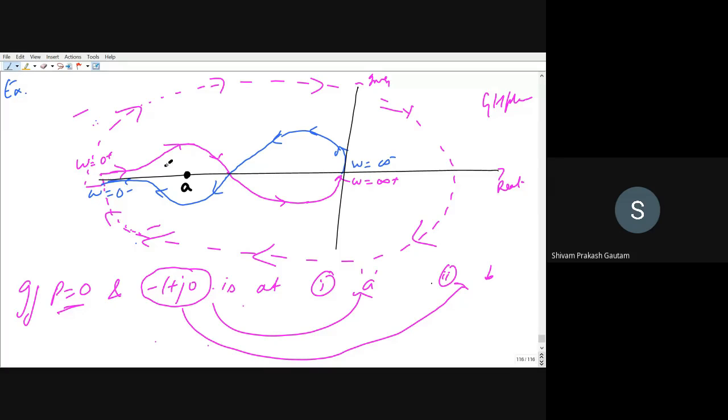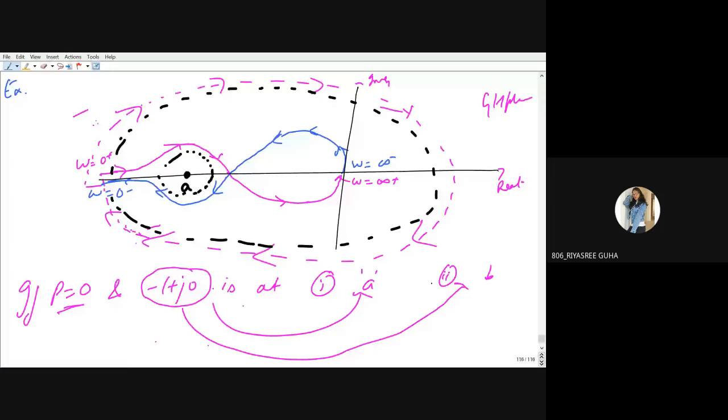If you see, this is the first encirclement, right? This is the smaller circle. And what is the direction of this encirclement? Clockwise. If you see this bigger encirclement, what is the direction of this encirclement? Because this point is also encircled. Clockwise. Correct. But if you see this encirclement,